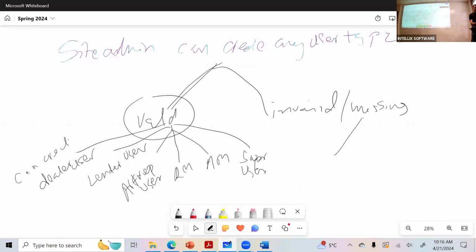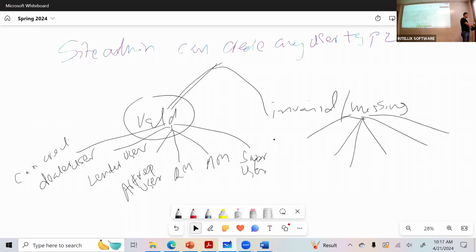Now, as a part of the negative scenarios, if any of the information is missing, by the way, what information will you be supplying when we say invalid or missing information? In what scenarios will you not be able to create the user? This all 6 users. Do you guys understand? Basically, do you know where you will have the user information? How do you know whether it's a valid information versus invalid information? Anybody has any guess?